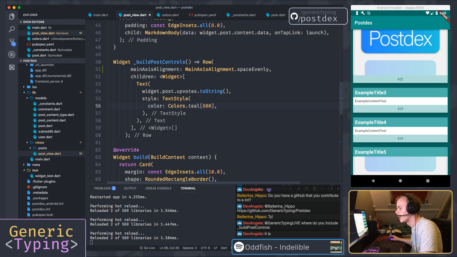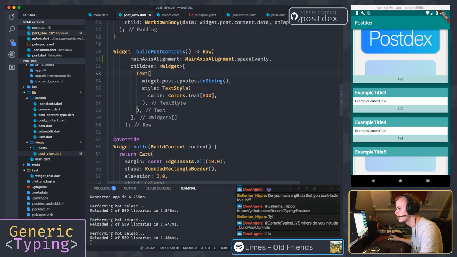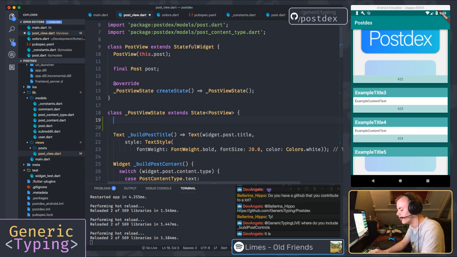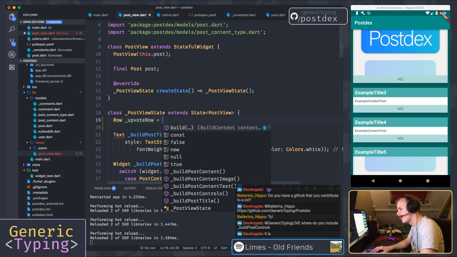Yeah, okay, cool. And then we can put some icons in there. So let me define those. I think, yeah, let's just make some widgets over here. Just keep this a tad bit simple. So this will be a row, and it will be upvote. Let's make this private as well. Upvote row, which will be, I could make this a getter, but it doesn't need to be. It also doesn't need to be in a build context since it doesn't change. So that means I can just say,